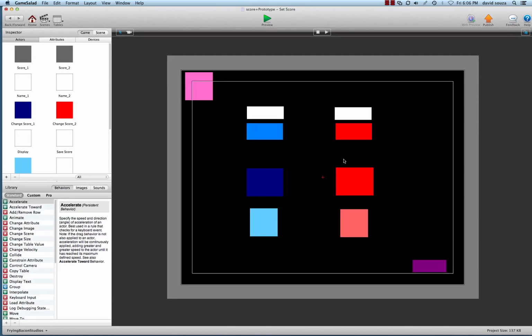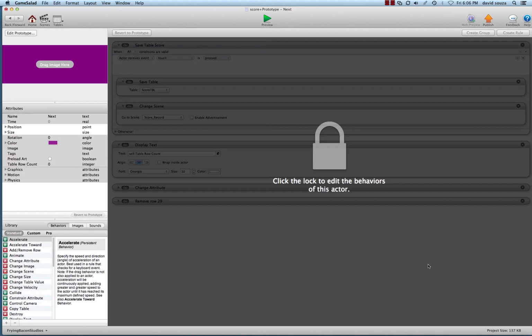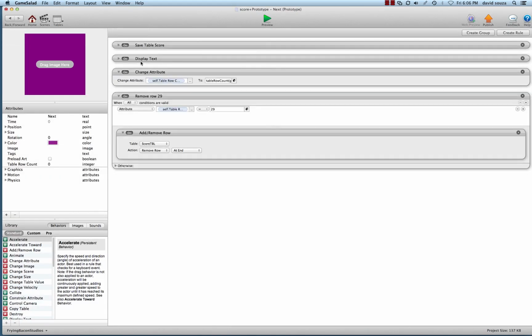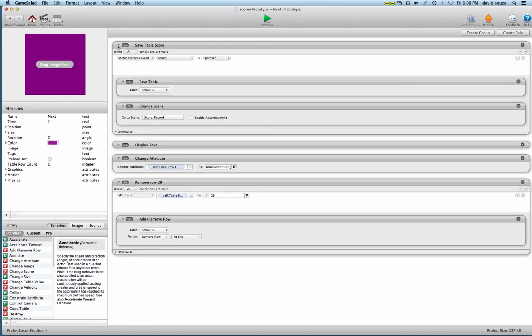So we've got a couple minutes. Let's go ahead and look at the other scene real quick. Let me see if I'm saving my table in here. Yeah, let's look at this before we leave this scene. So what we're doing in here, this is my next button. So when touch is pressed, the first thing I'm going to do is save the table. So now that I've modified the table and written the names in there,